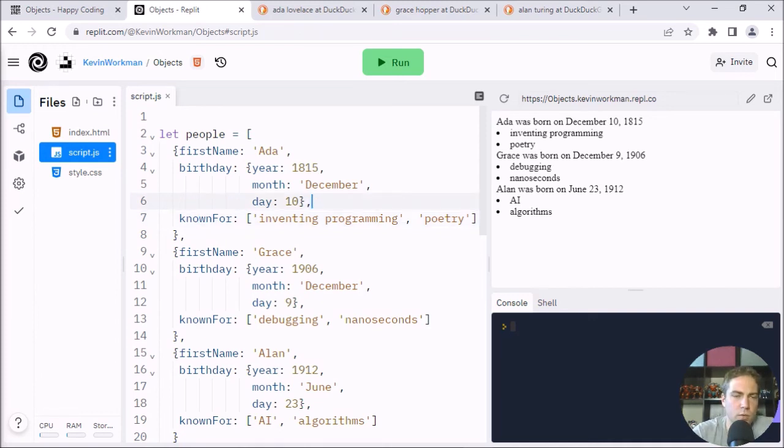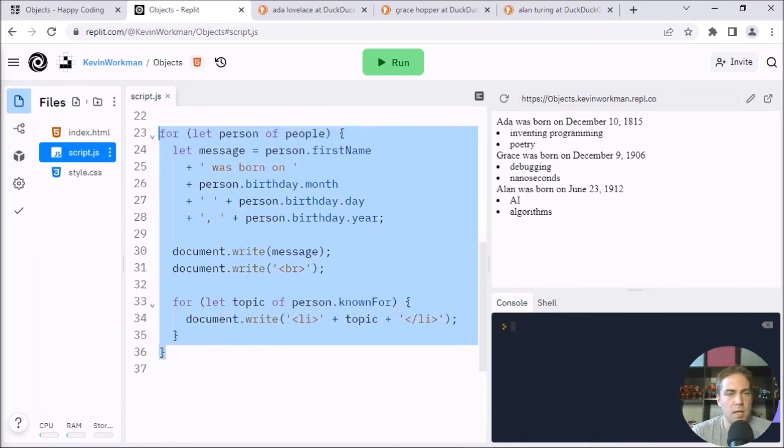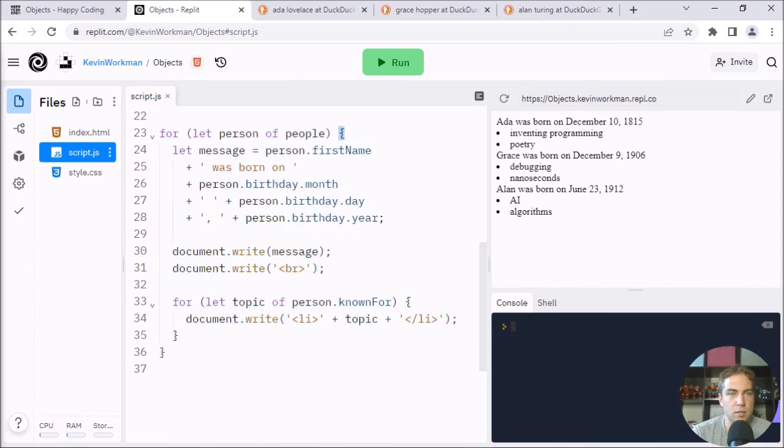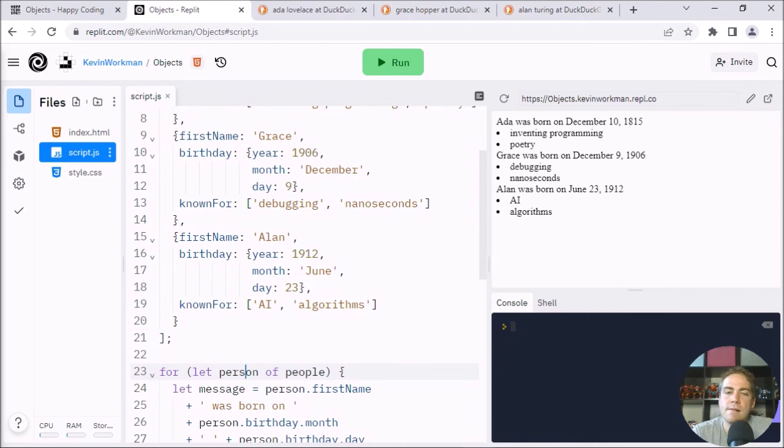And there's a few reasons for it. One is just logistically, it makes it possible to work with structured data, which comes in handy especially when you are dealing with data that comes from other places, and we'll get into that in a later week. But it also just lets you group things together and then pass that around as a single unit. So I could move some of this stuff into its own function, and maybe the parameter that I take is a single person,